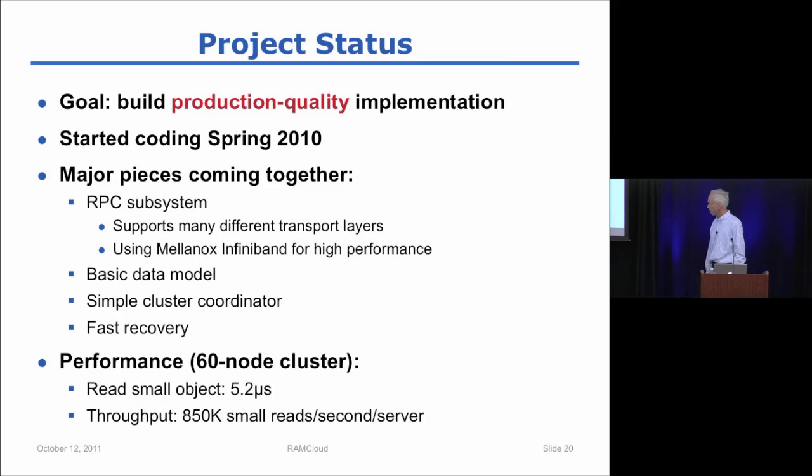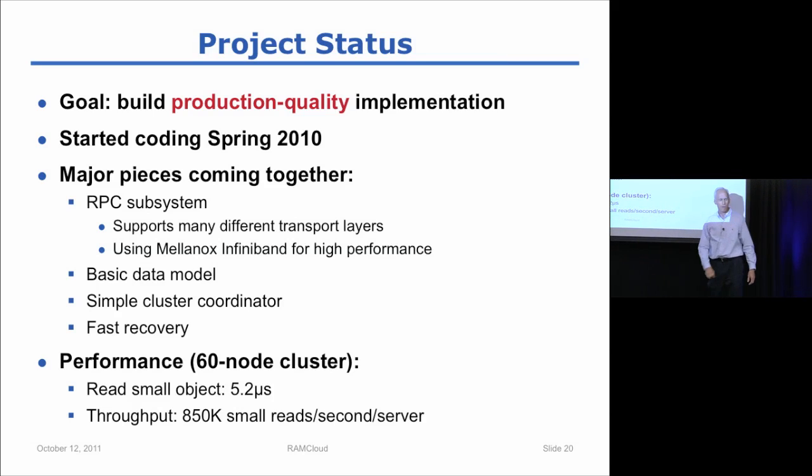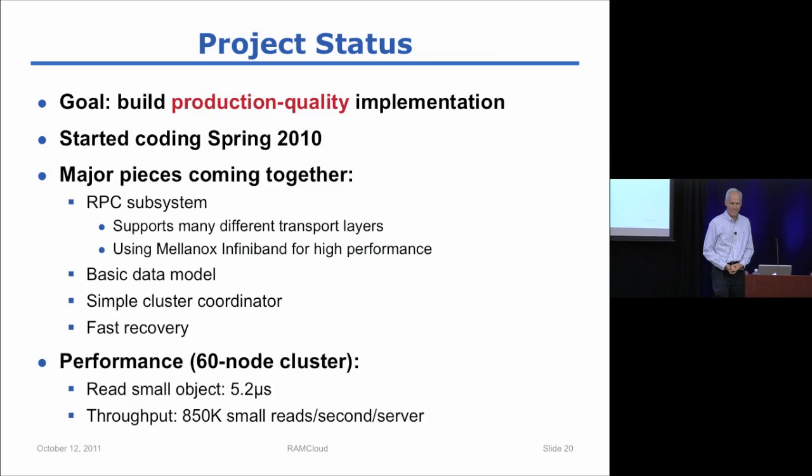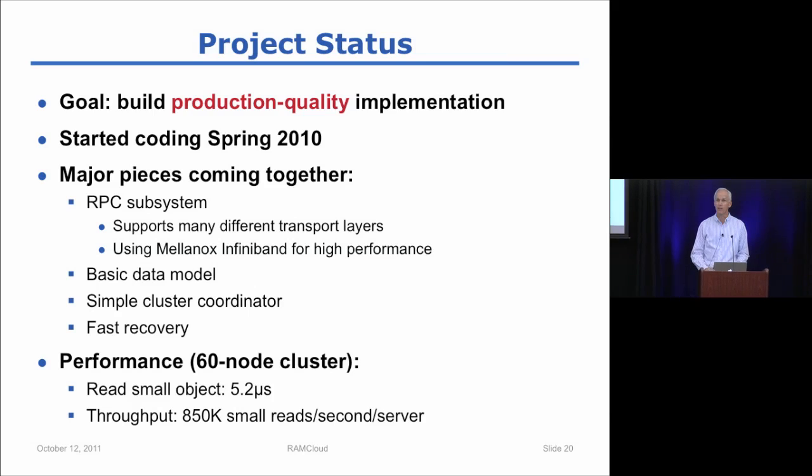For our networking, we've built our RPC subsystems so that we can support a variety of different approaches to networking. We have an explicit transport layer that hides all the details of the networking. And we have a bunch of different implementations of transports. So we do TCP/IP through the kernel, which is easy but nowhere near fast enough for us. And the one we're using most is an implementation that uses Mellanox InfiniBand. Mellanox has been nice enough to give us InfiniBand networking gear that has about 25 gigabits per second of raw bandwidth and can do round trips in a couple of microseconds.